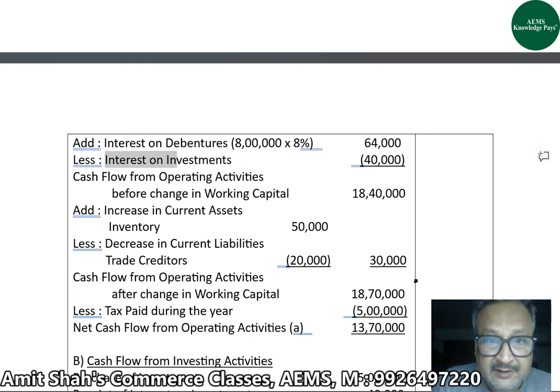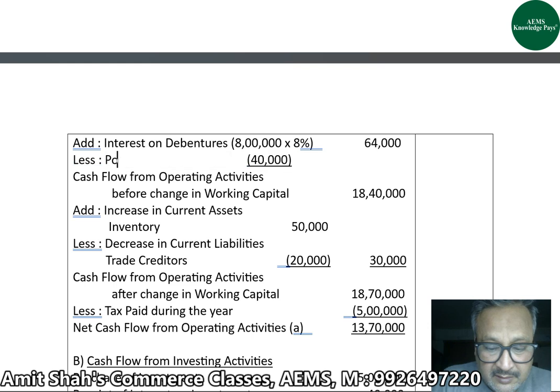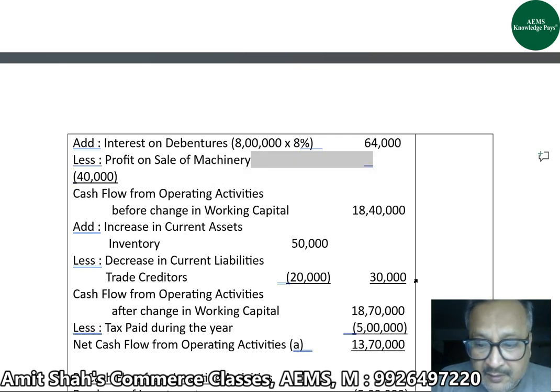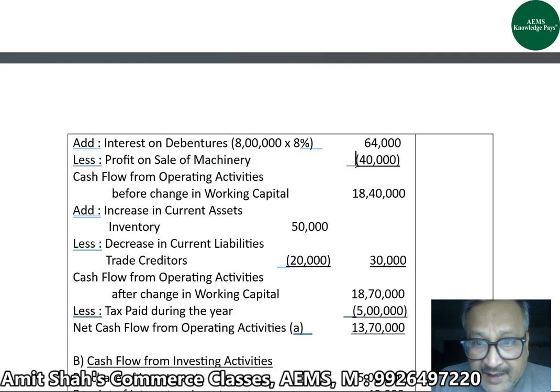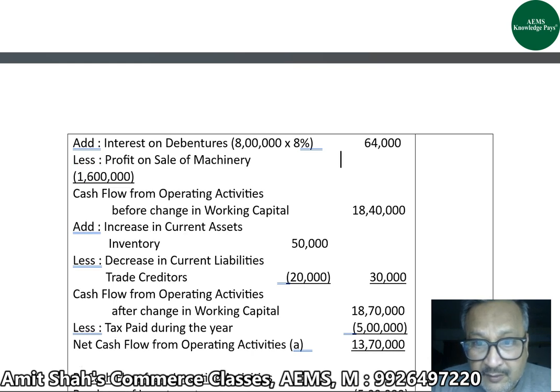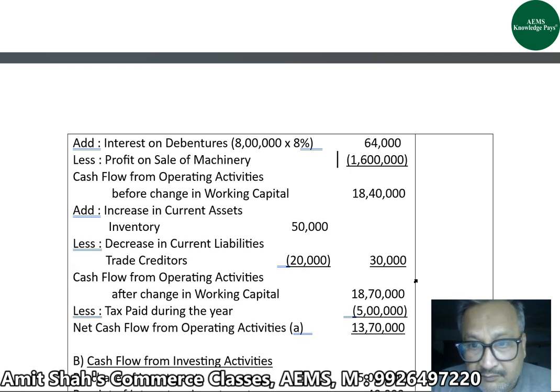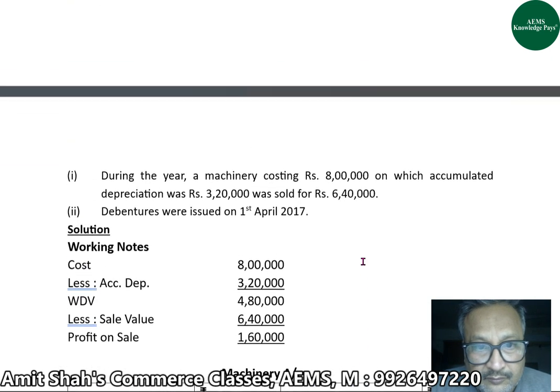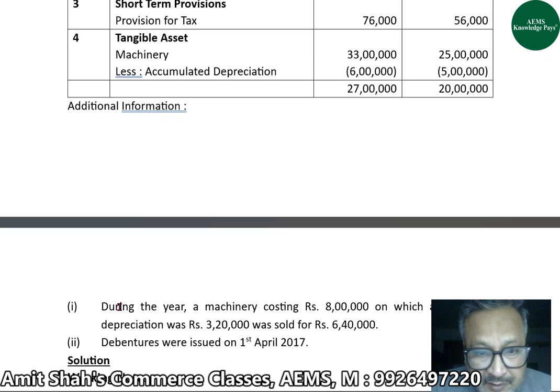So less profit on sale of machinery, 1,60,000. Okay. Apart from this,